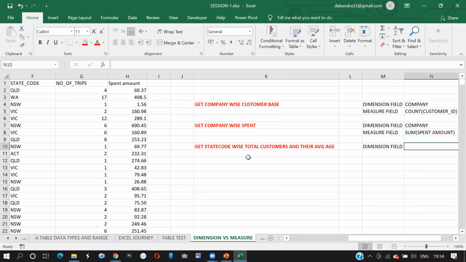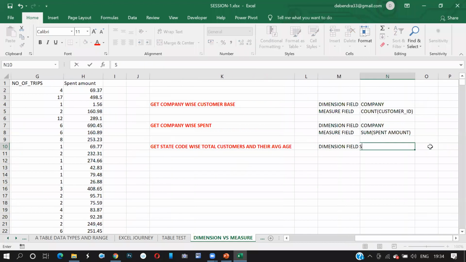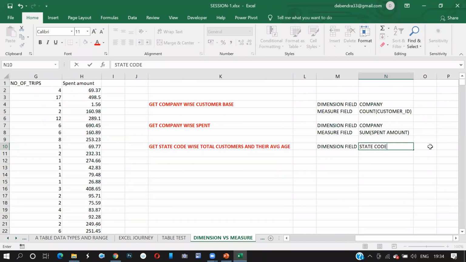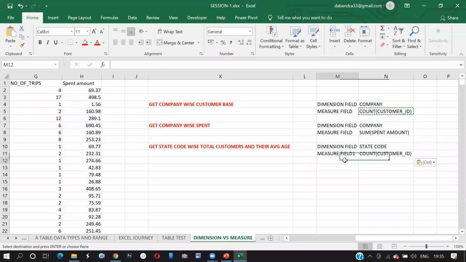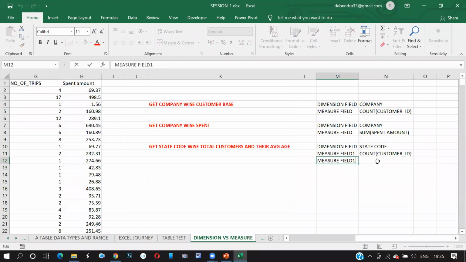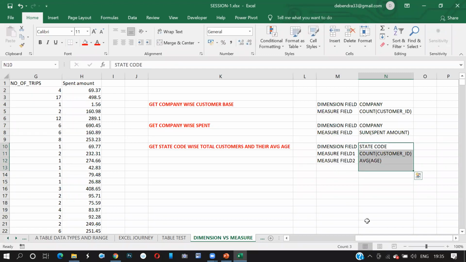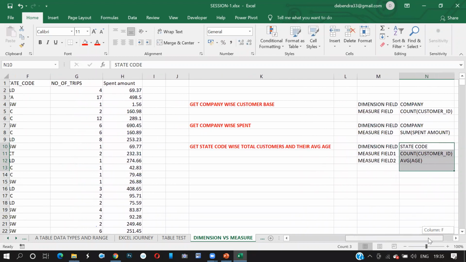The dimension is state code. What are the measure fields? Customer count and average age. So the first is count of customer. The second measure field is what? Average of age. Yes or no? Did you understand the difference between dimension and measure, guys?